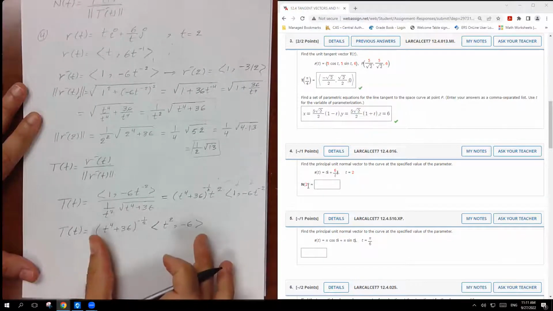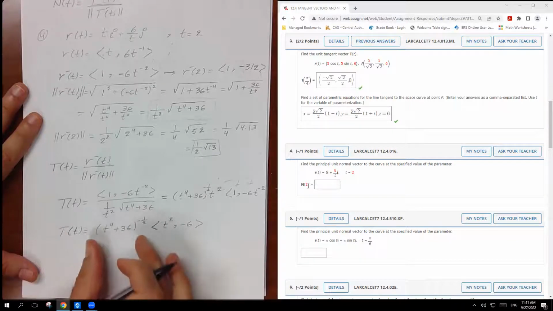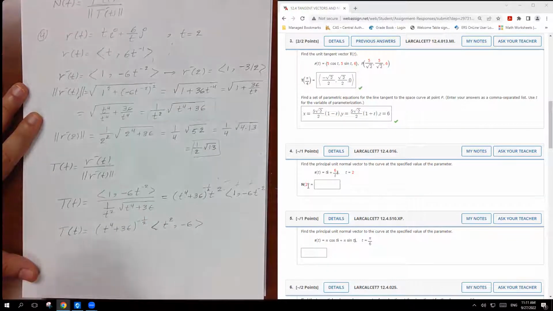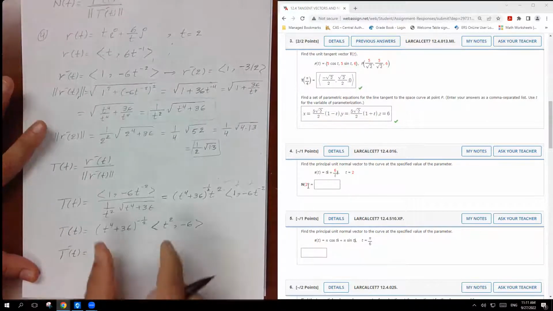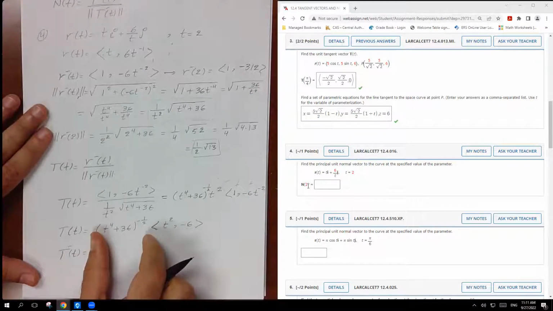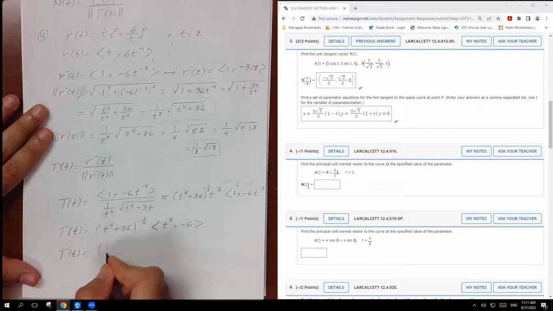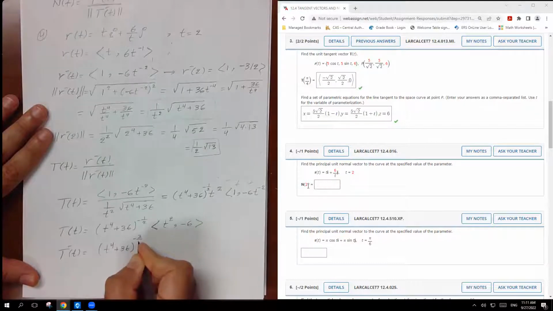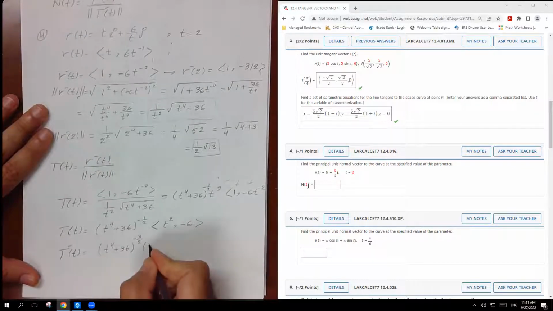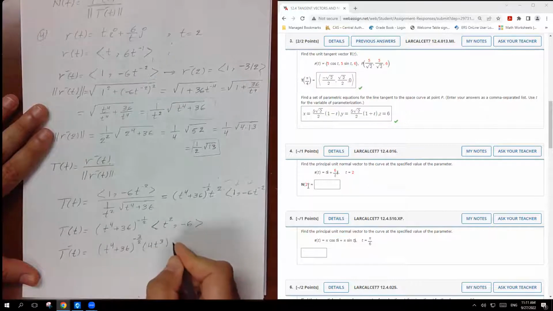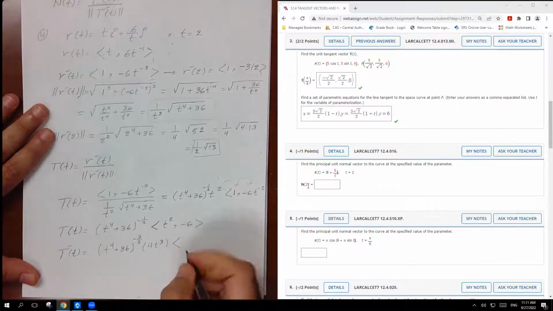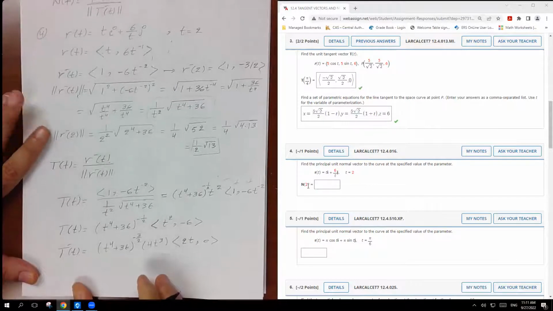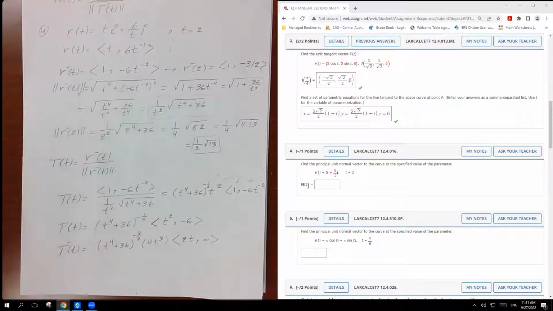Now I'm just going to work with this one. Here is the vector. This is just like a scalar, it's not a vector. Be careful with this one because it's the length. So the derivative of T is going to be the derivative of this part, t to the power 4 plus 36 to the power -3 over 2, times the derivative of the inside, which is 4t cubed. And the derivative of this vector is going to be 2t and 0. Let's see. The derivative